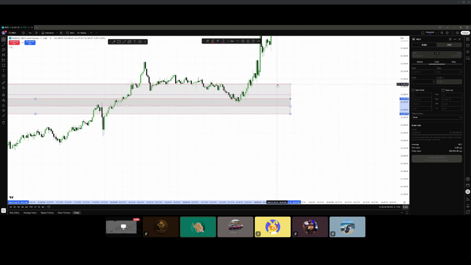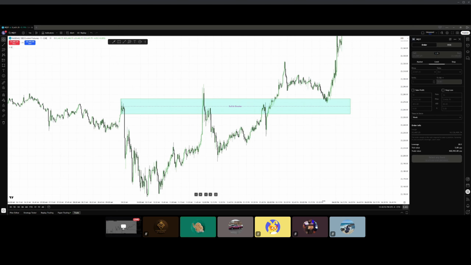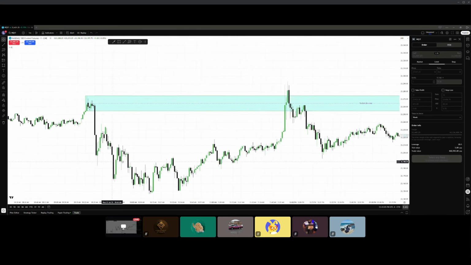Either way, though, you got 2 of them, so that played out better. But I like that one. That one's a nice one. That's a pretty breaker block. Boom. Market came back up, closed through it, came back down, used it to its advantage to go back up. So a breaker block